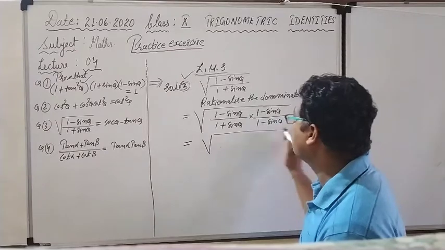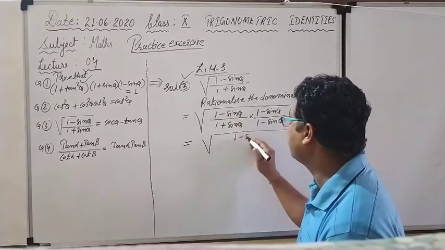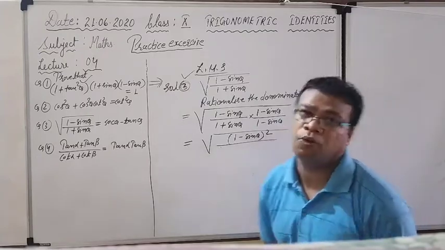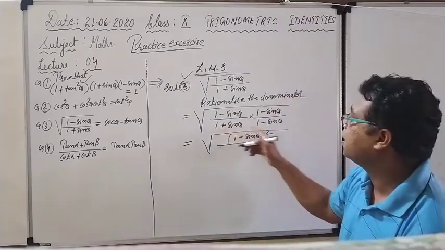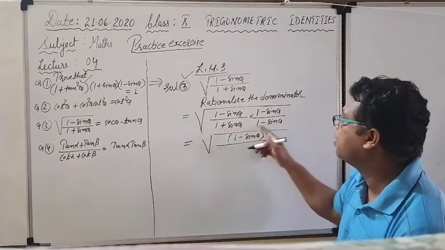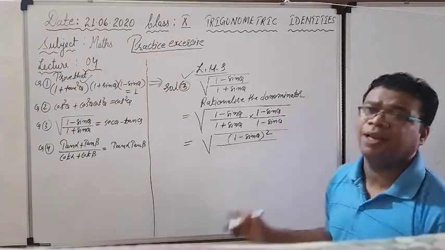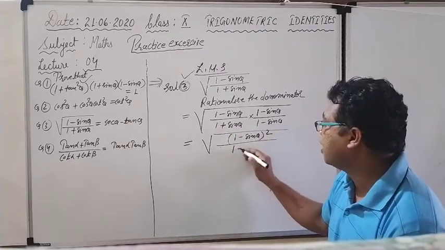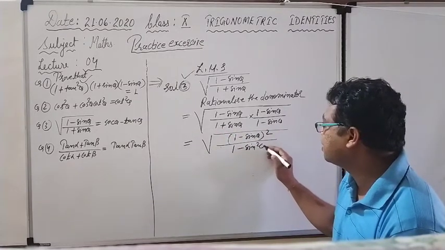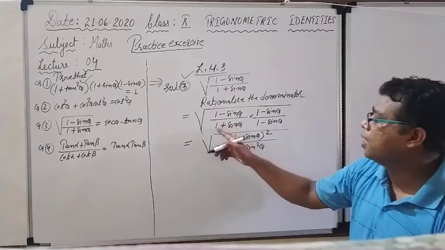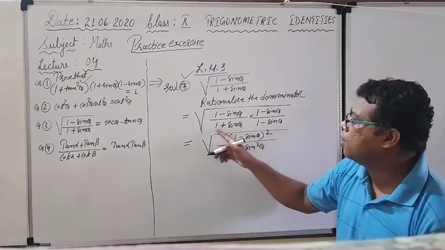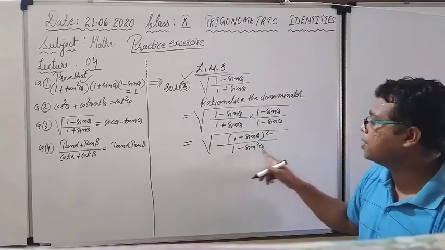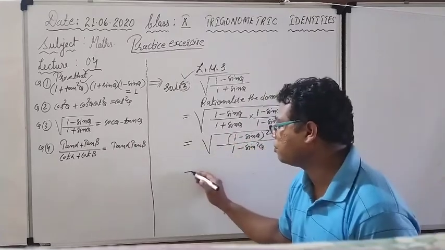According to the structure, you can see 1 minus sin theta, 1 minus sin theta, it is making a square. So I can write 1 minus sin theta whole square, no problem. And here you can see 1 plus sin theta, 1 minus sin theta: a plus b, a minus b. Again and again I am not going to write down the formula. So a plus b, a minus b will give me a square minus b square, 1 square minus sin square theta. 1 square is already 1, so I can directly write 1 minus sin square theta.